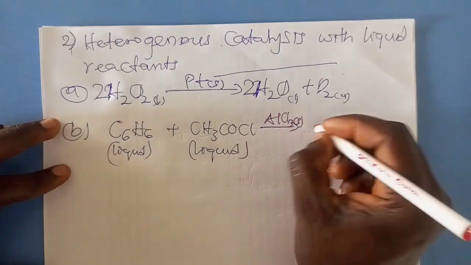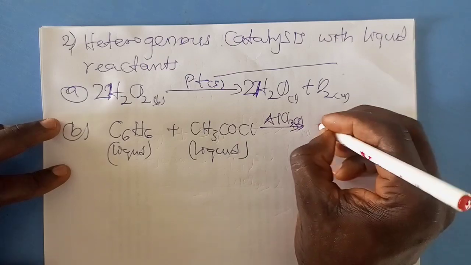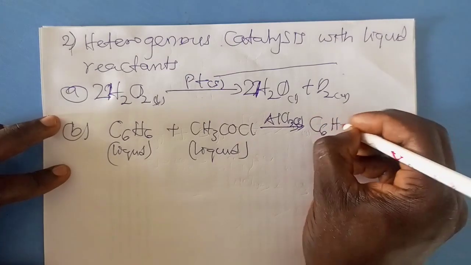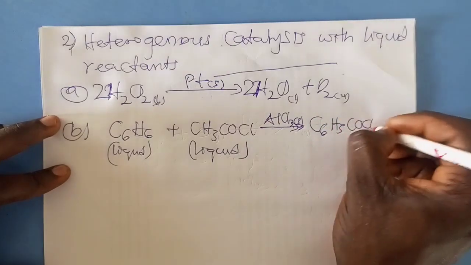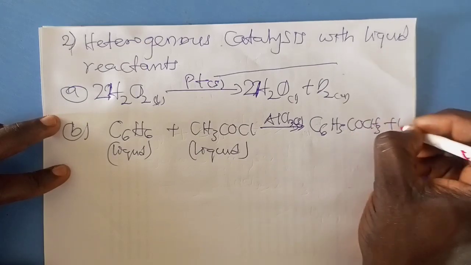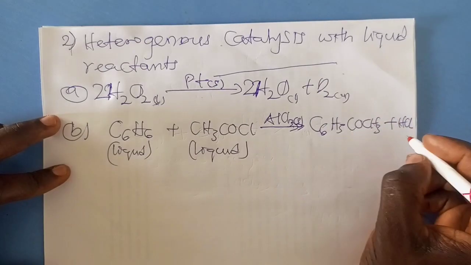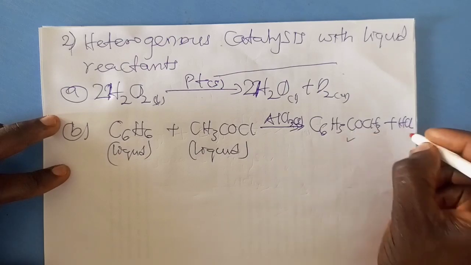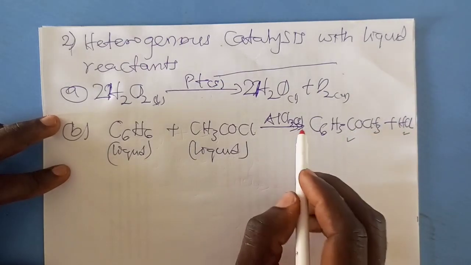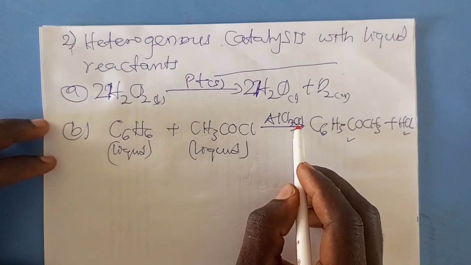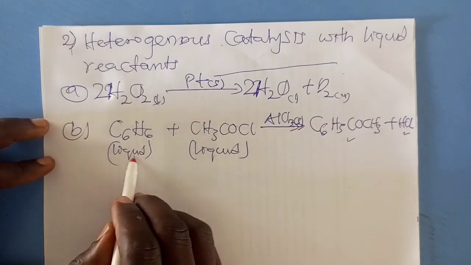And aluminum chloride is solid, it's even white. It will produce C6H5COCH3 plus HCl. This is also liquid. This is also liquid. You can see that the state of matter of the catalyst is in a different phase from